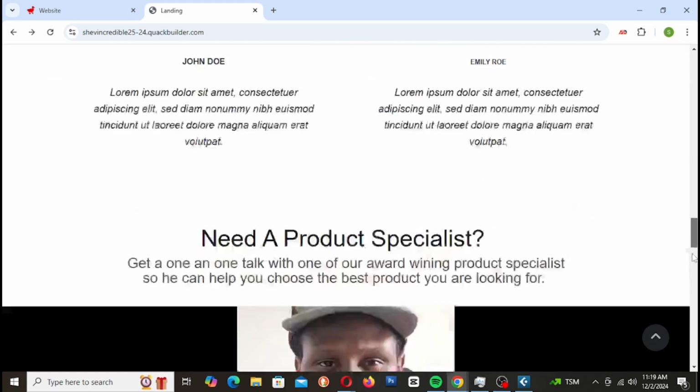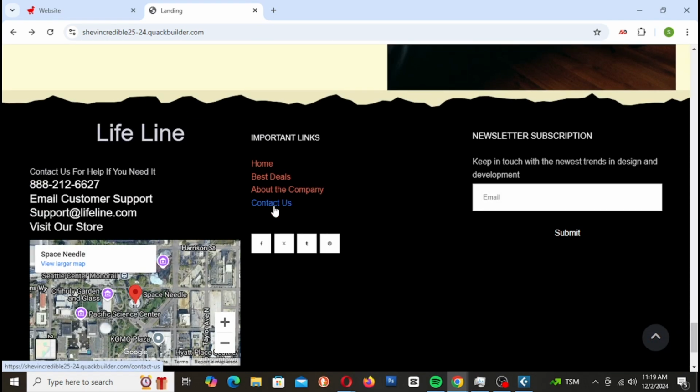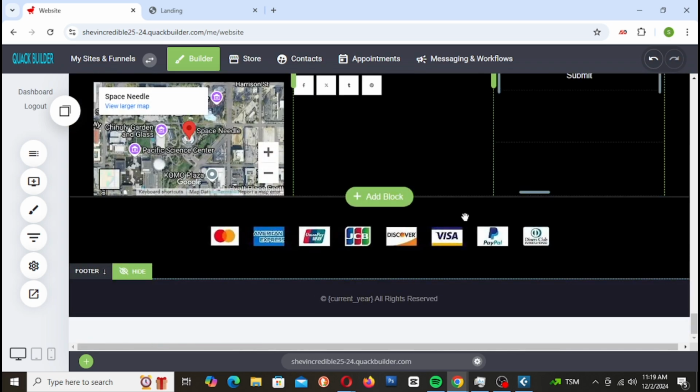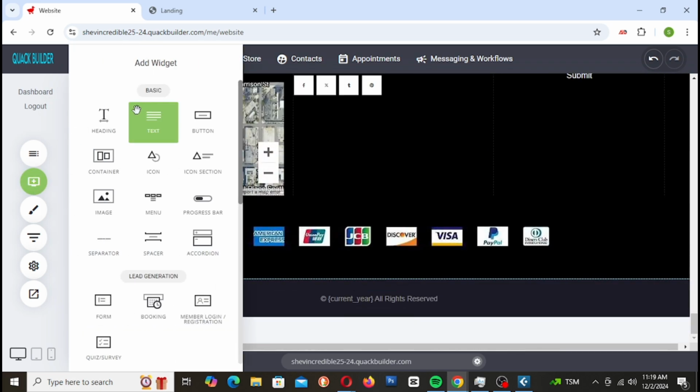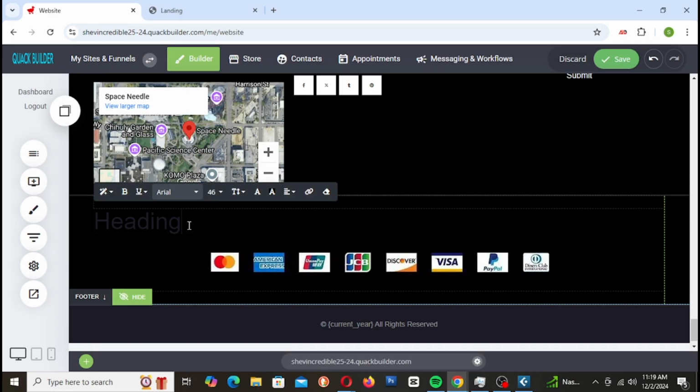Okay, so we build an awesome website and we just go over it and we tweak everything that we see needs to be tweaked. All right, and once we hand it over, the customer can change anything because it's pretty simple, pretty easy to change anything on their website, or we can just change it for them. So if you need something to change or you need to add something, we can do that for you. For example, as you can see down here, I'm just gonna add a text. We're gonna have this right here, and I'm gonna modify it and say